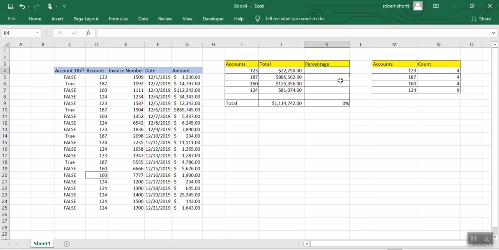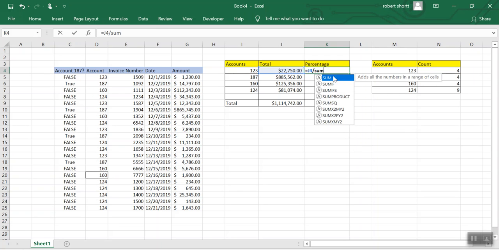So in order to do that, we're going to put equals this cell, or J4, divided by the sum of these four numbers. You can also just use this number, but in this scenario we're going to use these four,